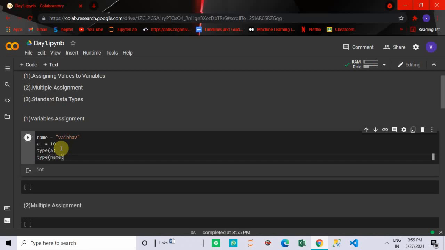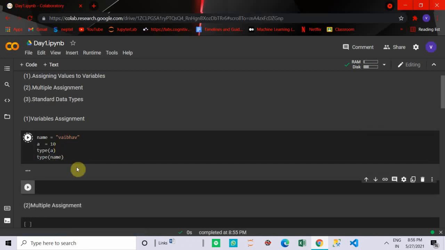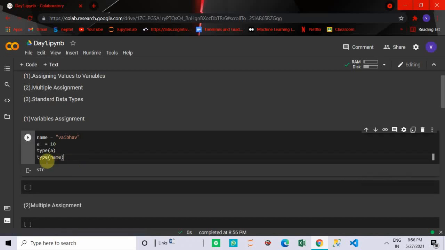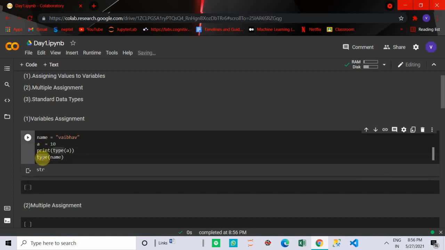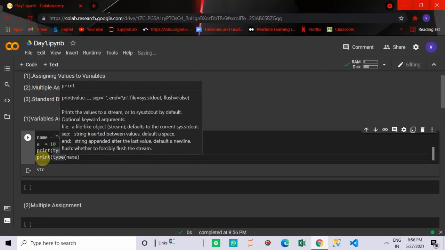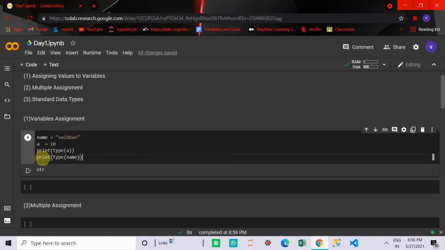Name will print the type string. So we can use print to print both the calls. Print type of a and type of name. The first will be integer and the second one will be string.